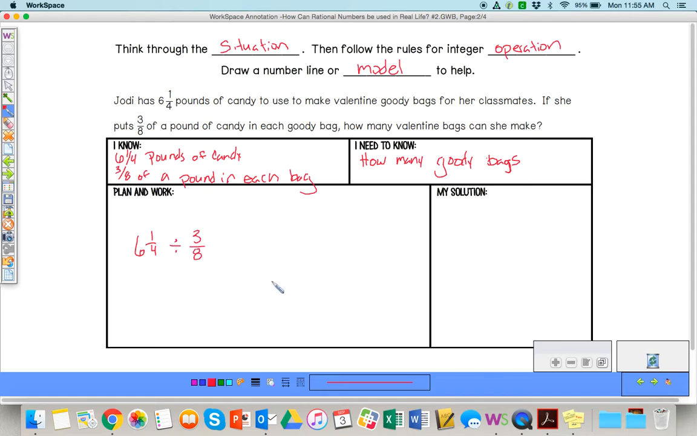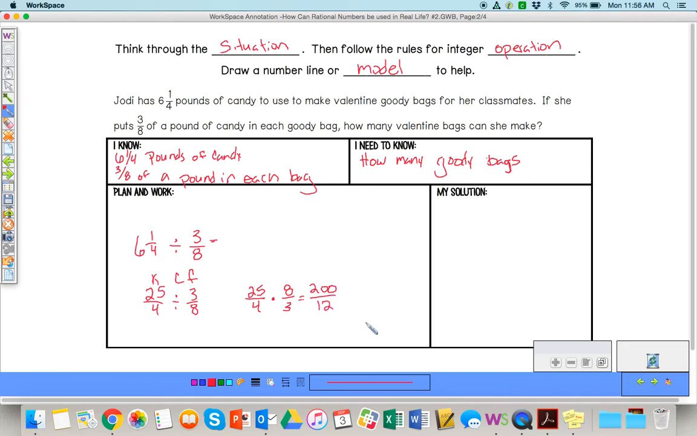3/8. Okay, so the first thing we need to do is make this an improper fraction. So we get 25 over 4. I did 6 times 4 plus 1, divided by 3/8. Okay, so when we're dividing fractions, we keep it, we change it, we flip it. So 25 over 4 times 8 over 3. And that equals 200